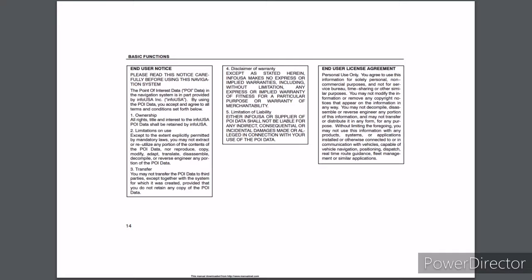was created, provided that you do not retain any copy of the POI data. 4. Disclaimer of warranty. Except as stated herein, InfoUSA makes no express or implied warranties, including, without limitation, any express